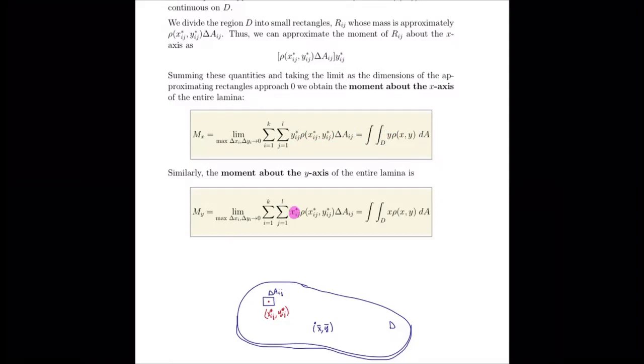Again, we're balancing over the y-axis, so those are x coordinates, x values that we're interested in. We let the dimensions of the rectangles approach 0 as we sum up the masses of all of these rectangles. Now again, the masses are given by this expression right here, then times the position, and that's the moment. So it's this x times the mass that is the moment. That's how it connects to what we did previously. It's why it's set up the way it is. In the limit, of course, this is equal to the double integral over the lamina D of x times rho